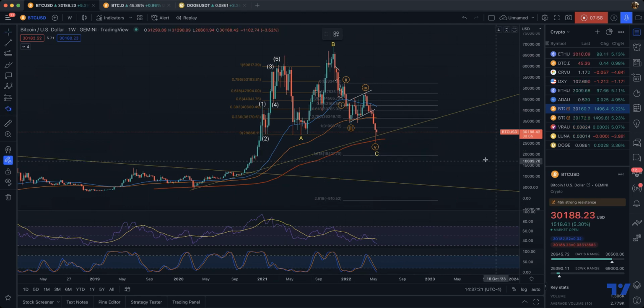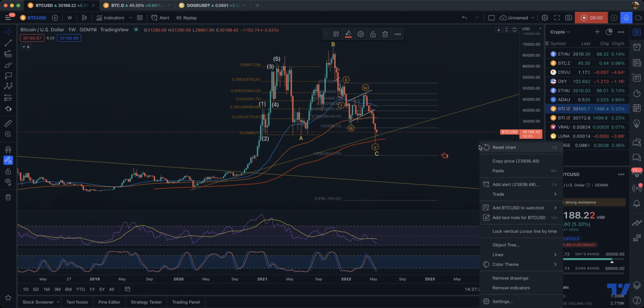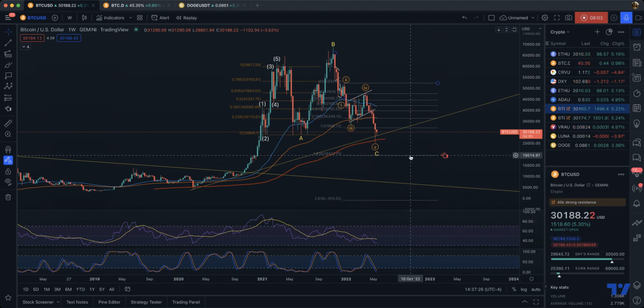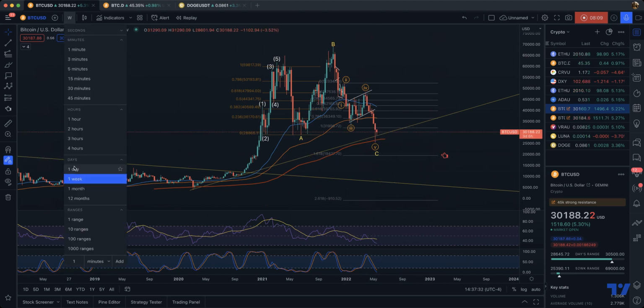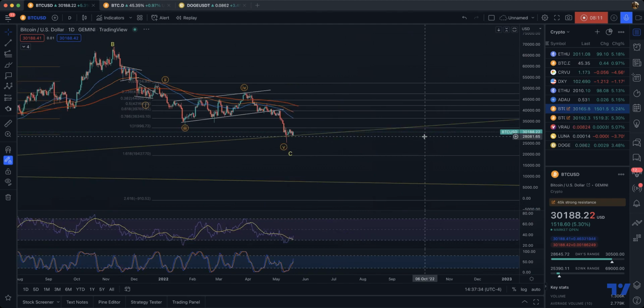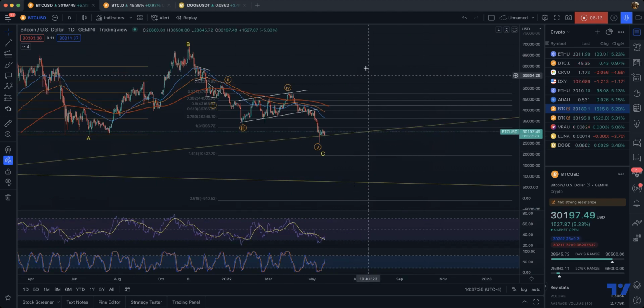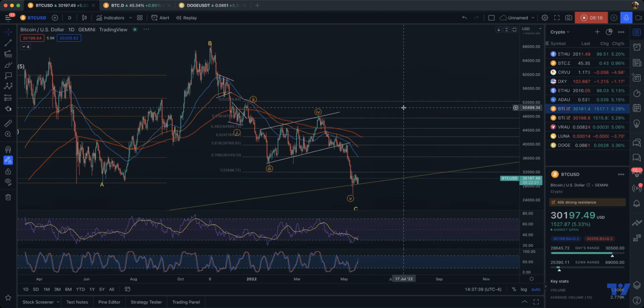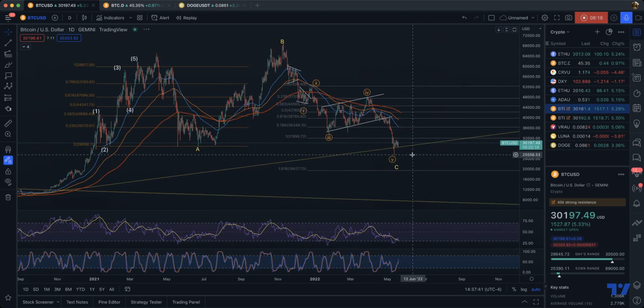The 618 is like a magnet in Elliott wave. So we don't want to get down here. But, I mean, obviously, if it's bearish, it will. So how do we recover from this massive bearish momentum? And I would say probably the only thing we could think is this bottom trend line holds,